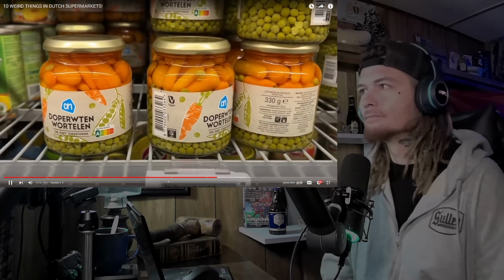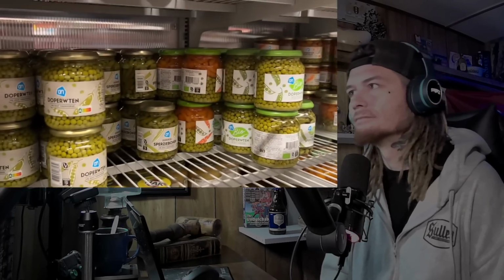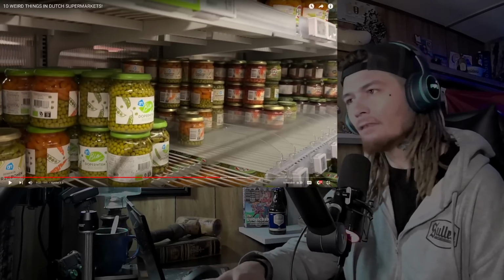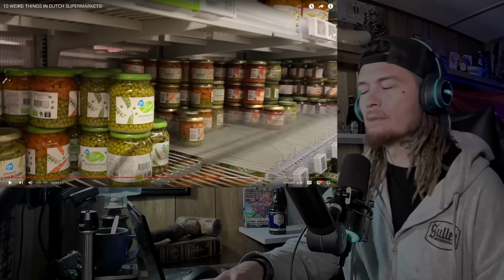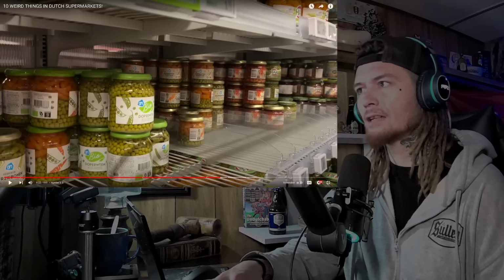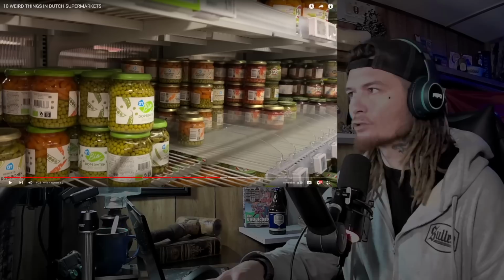But that's interesting that you don't have a lot of canned food over there. Canned vegetables. After a few quick Google searches, I really couldn't find a reason for this. I mean, they look quite nice because you can see what's inside the jar. I guess with it being in a jar, though, it's not much different, but it just seems like, I don't know, I guess it's just different, right? Different culture, different